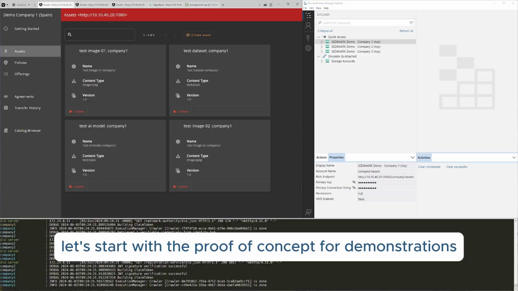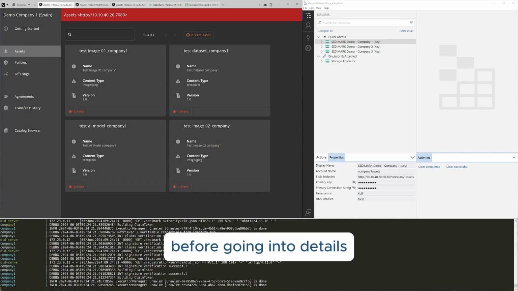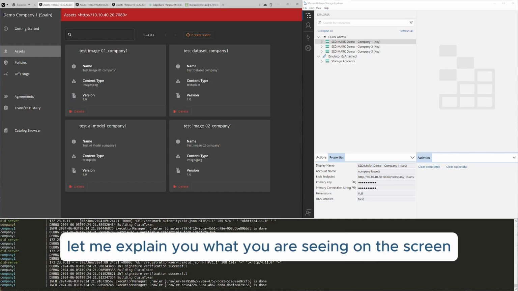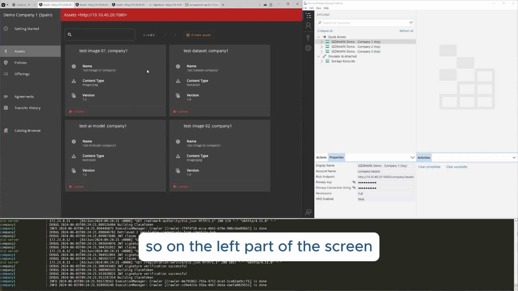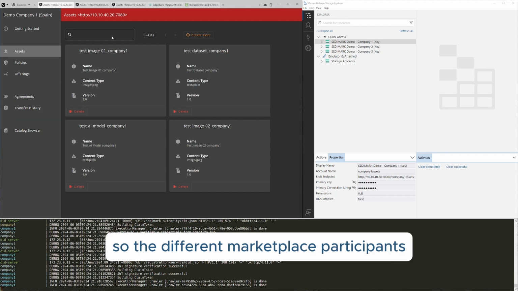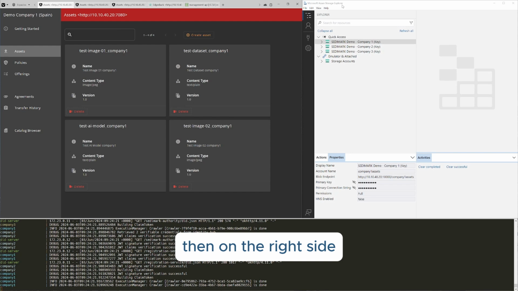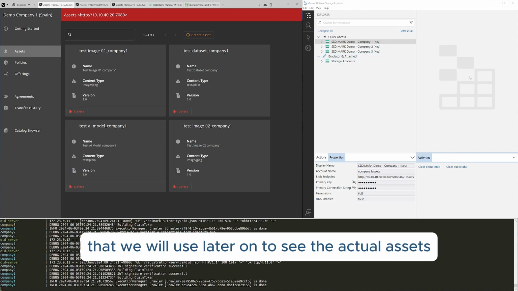Okay, let's start with the proof of concept for demonstration. Before going into details, let me explain what you are seeing on the screen. On the left part of the screen, you can see the dashboards of the different marketplace participants. Then on the right side, we have the Azure Storage Explorer that we will use later on to see the